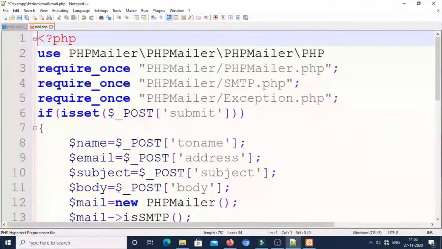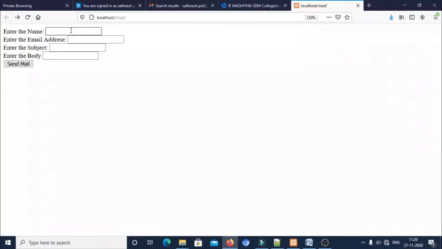Let's see how we can execute that. I will open the page index.php and give the values: name Satish Chandra, and an email address. I want to send a mail from satish.pd@gmail.com to the recipient address, and fill in the subject and the body and click on send.